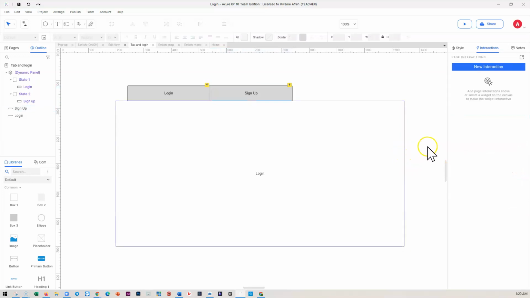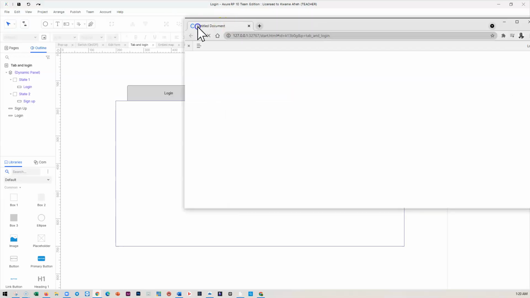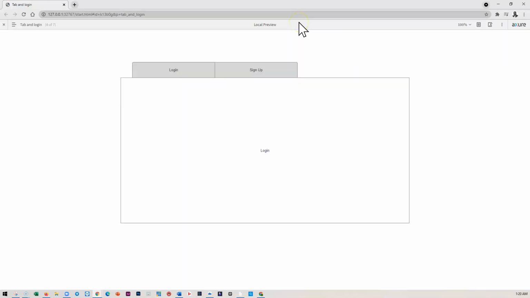So that's the quick thing. Let's try to preview what we have now. I think it's opening somewhere here. So now if I click on this, you see, even though the line here may have been hidden, but still